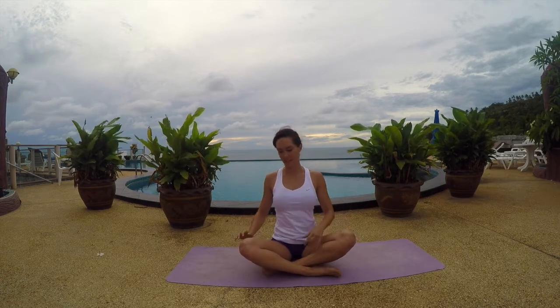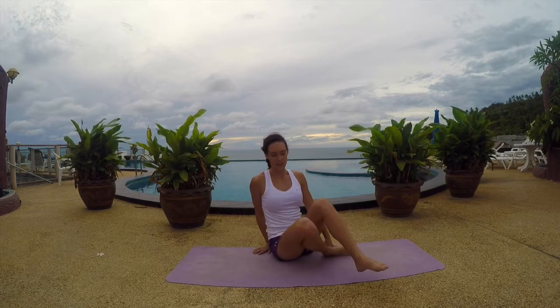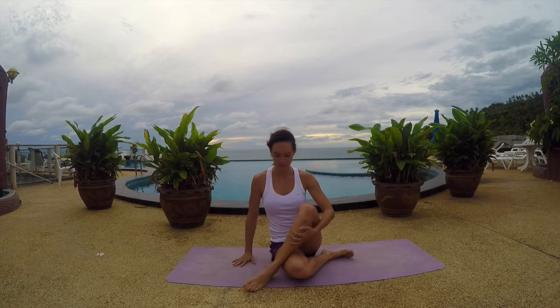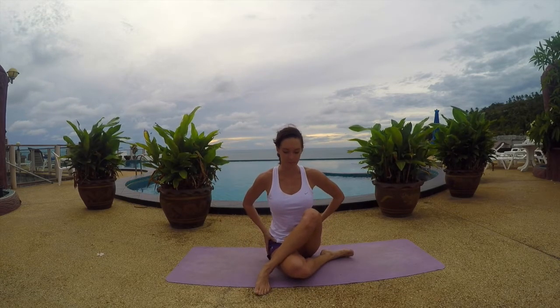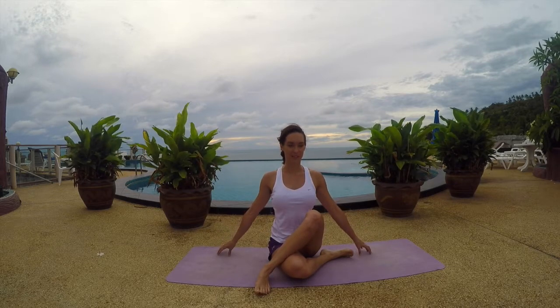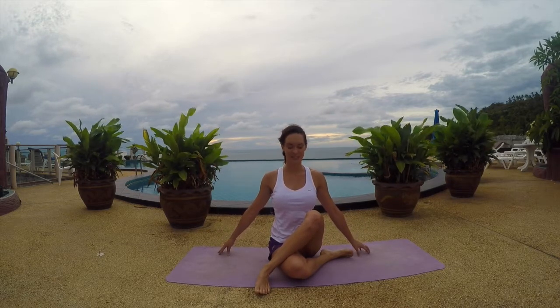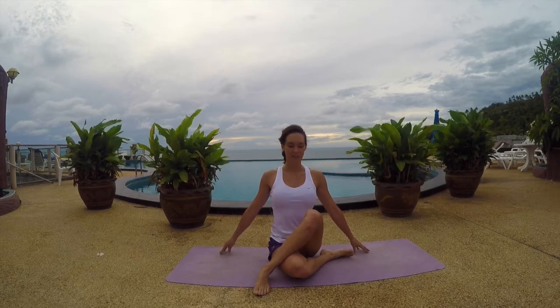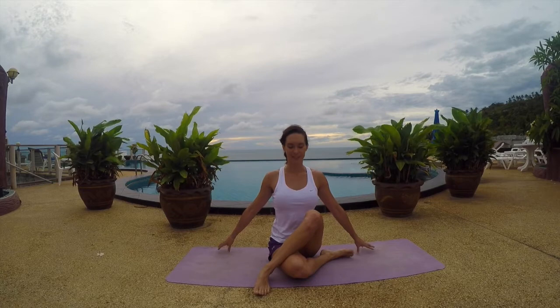Last thing is just a simple stretch. Cross one leg over the other, making sure that you're sitting down on both sides of your butt. Fingertips come to the ground, relaxing in your shoulders. Chin is parallel with the ground. Sit here tall for just an instant